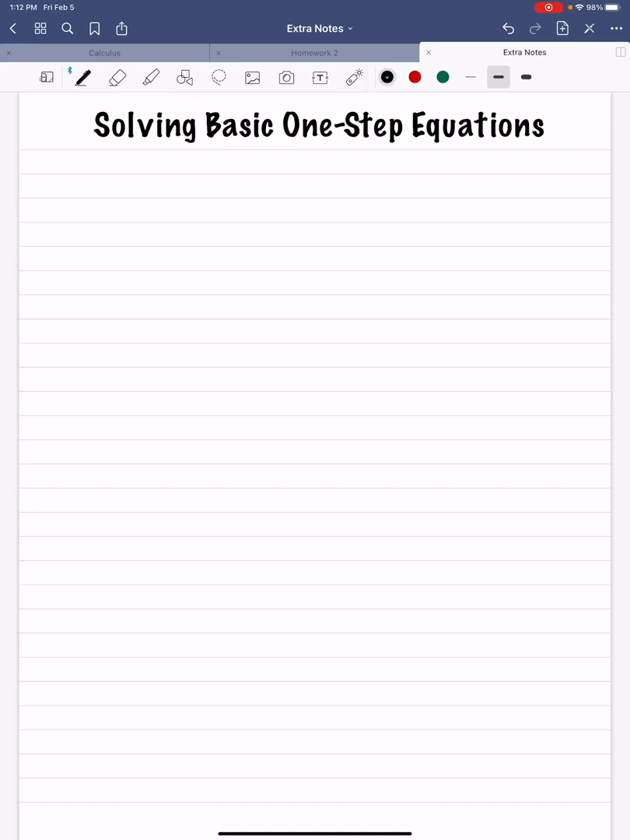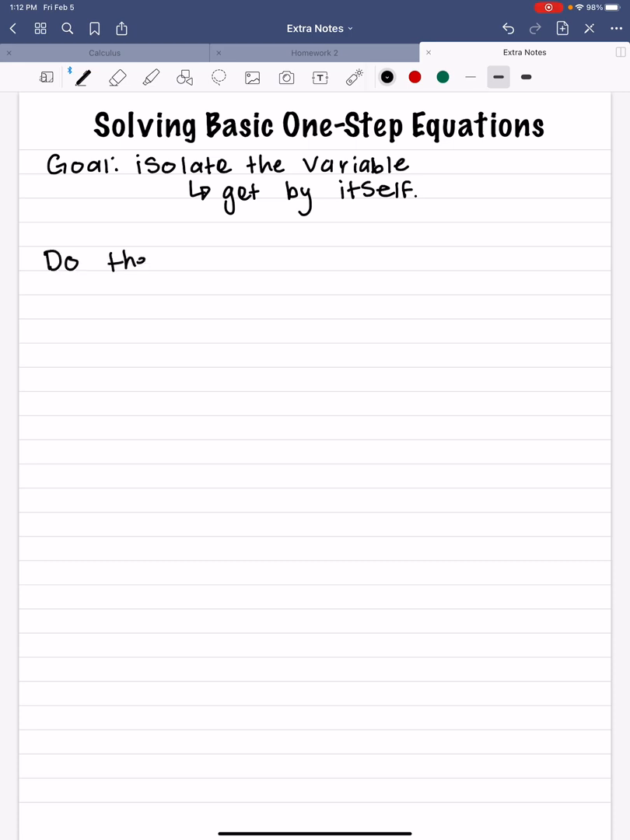Hey guys, here is a quick introduction to solving basic one-step equations. So when we're solving equations, our goal is to isolate the variable. And the word isolate just means to get by itself. So we want to get the variable all by itself, all alone. And we do that by doing the opposite. So we do the opposite